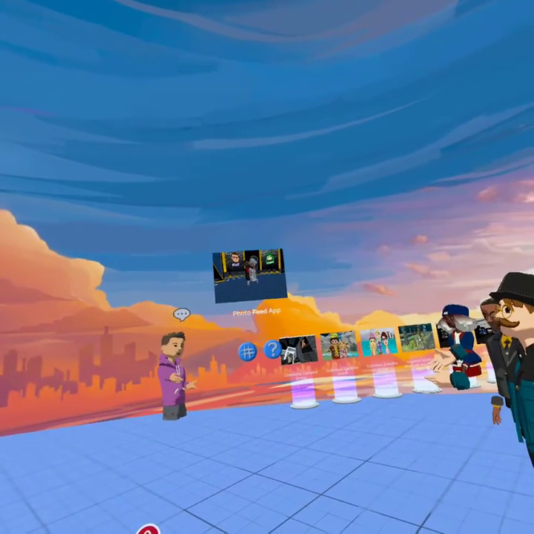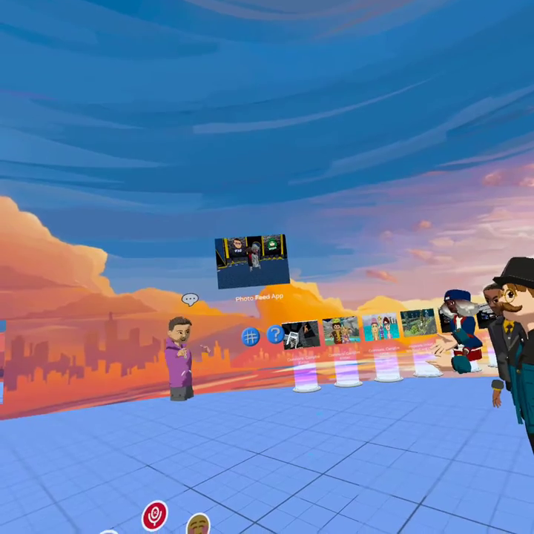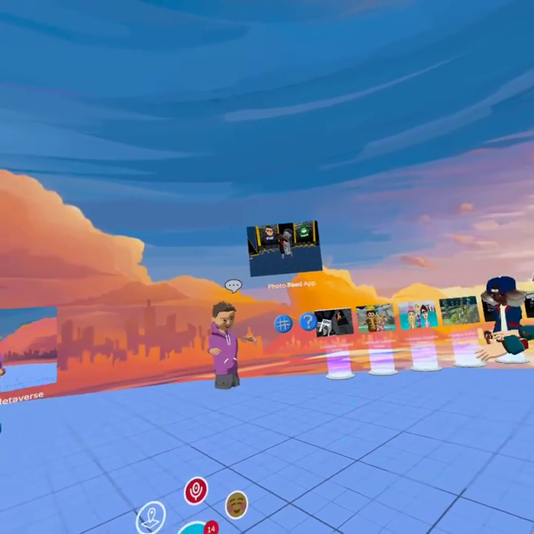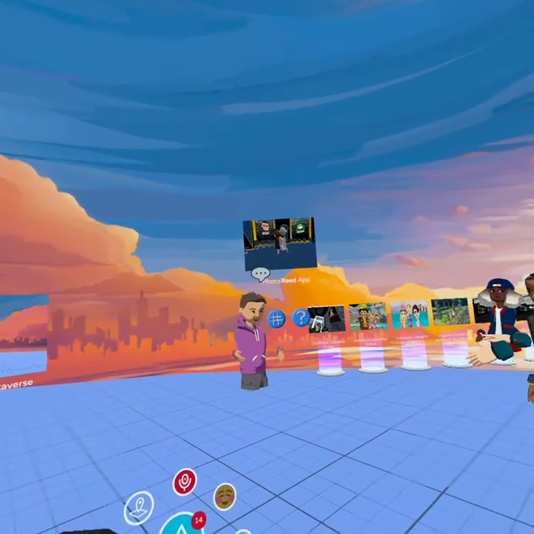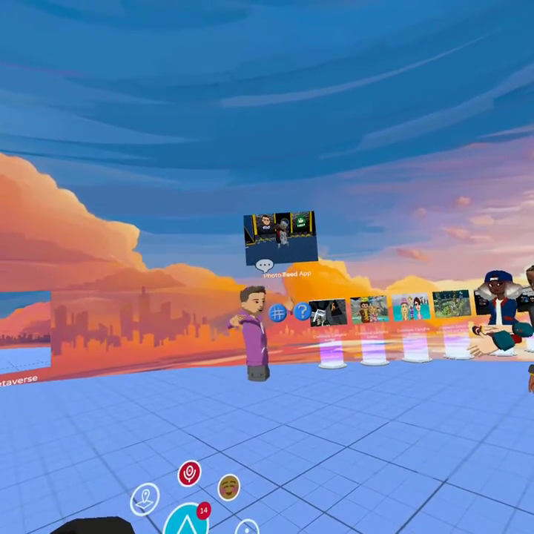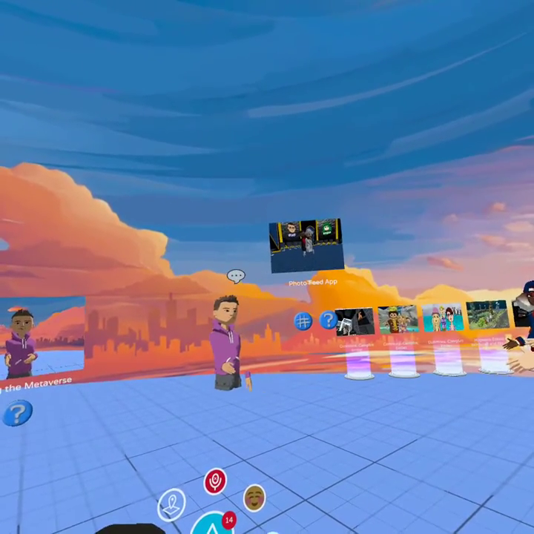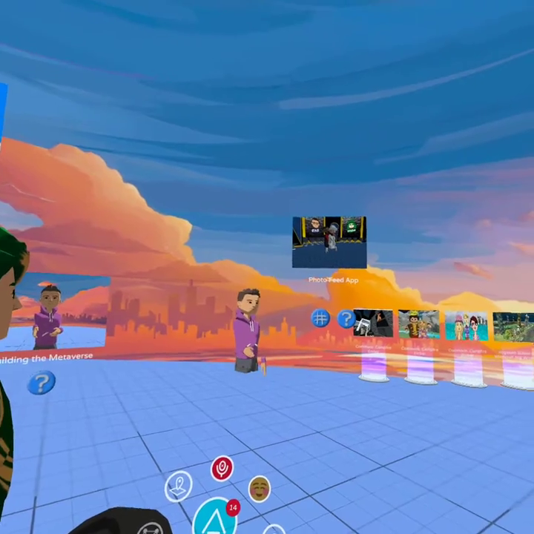Actually, for the LGBTQ 4th anniversary event, they had a selfie stage. So the app was there, the selfie stage was there, and people would show up at the event, take a selfie, and then it would show up on the screen and rotate through as it's happening. That was pretty good.